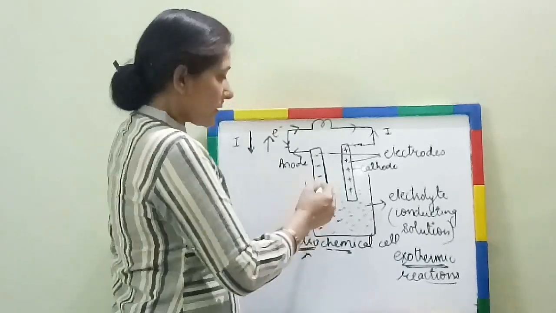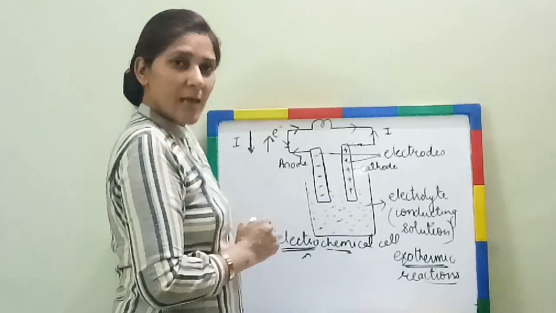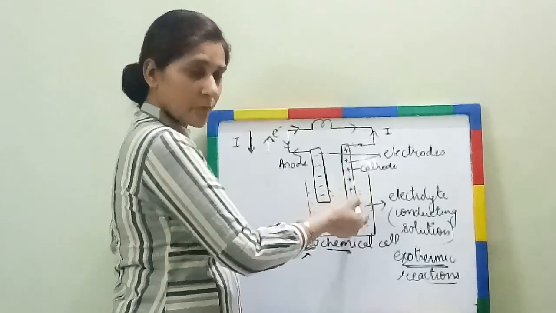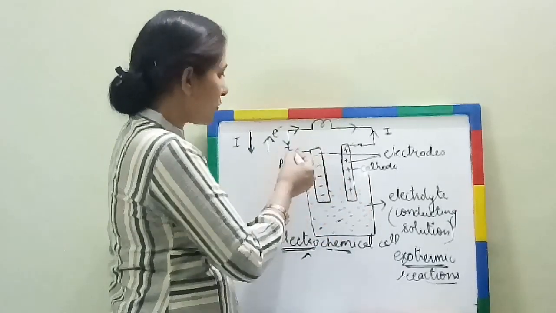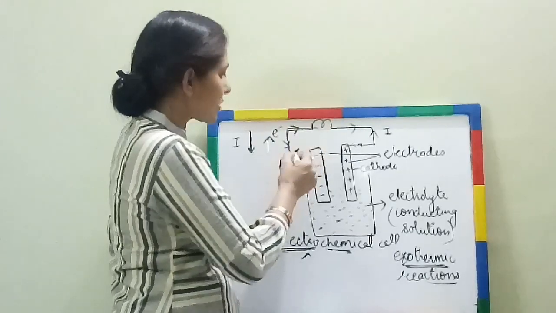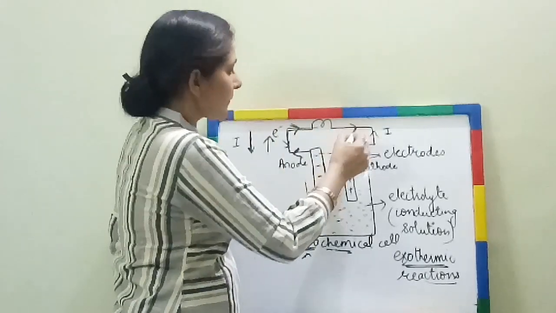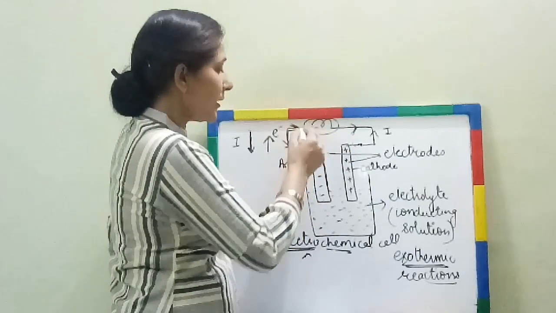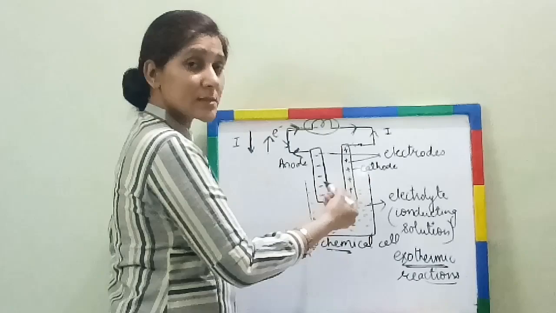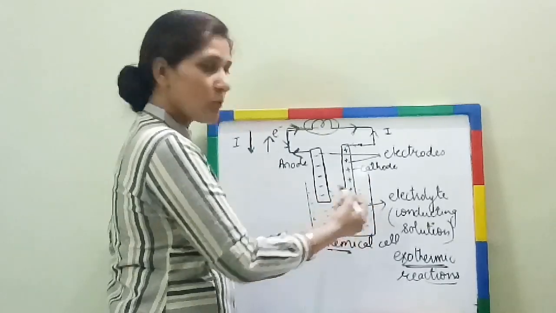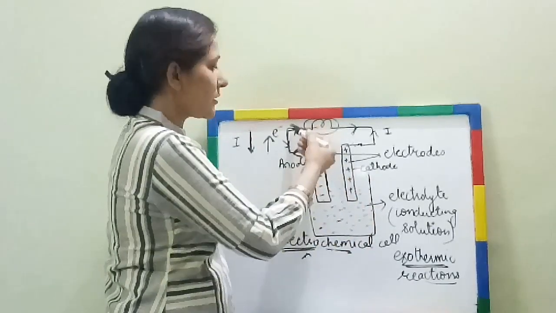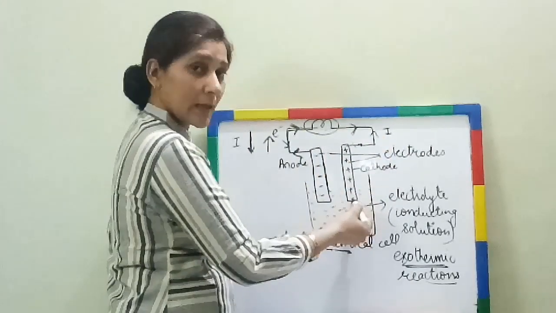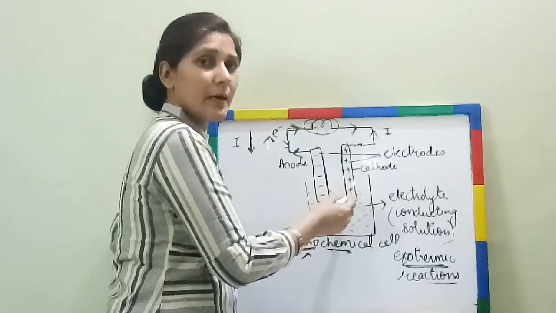At that time, there will be deposition of charges on the separate electrodes. One is acting as negative, one as positive. From here, negative charges will start moving in this particular direction. This is the direction of movement of electrons. They come to the electrical components, because they collected energy from the cell during the reaction. जब रिएक्शन हुआ उन्होंने एनर्जी कलेक्ट किया और यहाँ से मूव करना शुरू किया. They spend the energy on the electrical component and come back to the cell again. Again they want to collect energy.